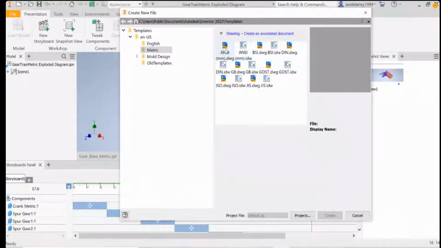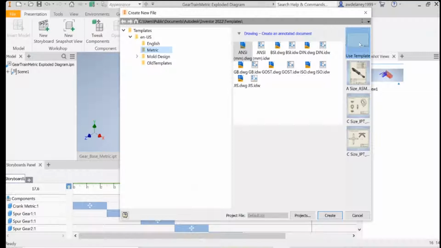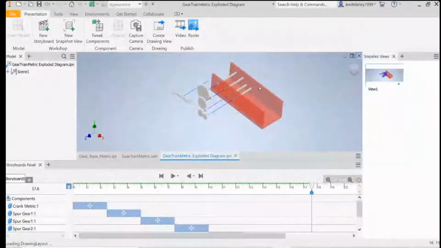Make sure that you pick ANSI millimeter. Pick any of the other ones, things may get weird. And let's just use a random template. Just a completely normal template. That is going to generate